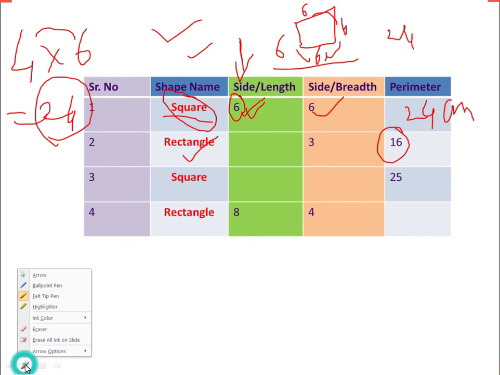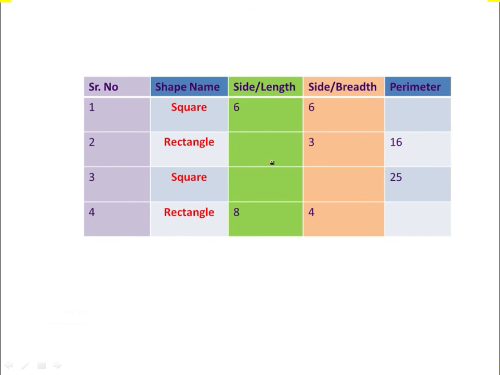Now dear students, this is a slight change in the question. Now they have given the perimeter, so we will try to draw the rectangle over here. Rectangle I have drawn over here. Now they said that the breadth is 3 centimeter. Suppose this side is 3 centimeter, automatically this side will also be 3 centimeter. Now they are telling that the perimeter is 16 centimeter, means the total of all sides is 16 centimeter.